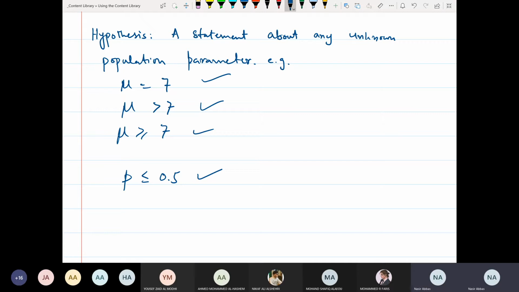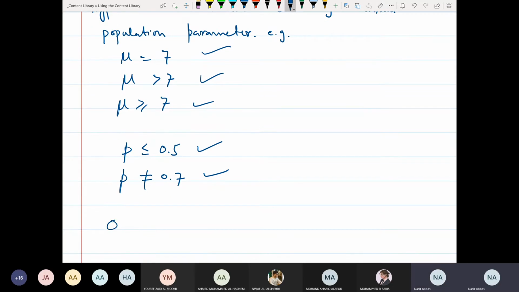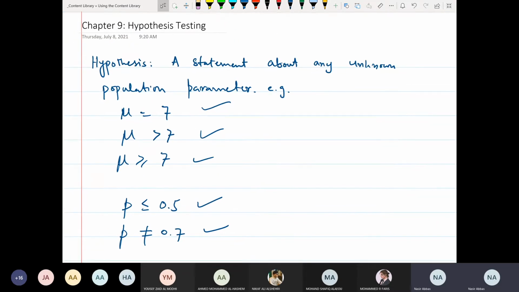That's a hypothesis. P is not equal to 0.7. That's also hypothesis. Sigma square is greater than or equal to 10. That's also hypothesis. So there are many possible hypotheses I can write here regarding population parameters, any population parameter, whether